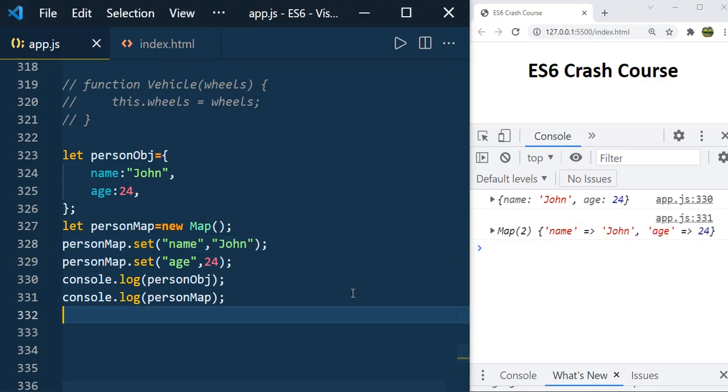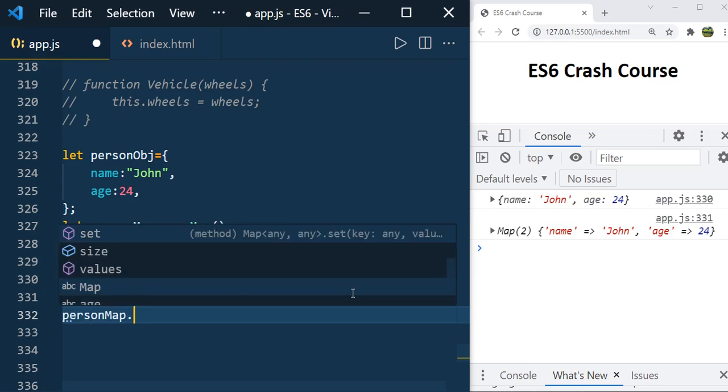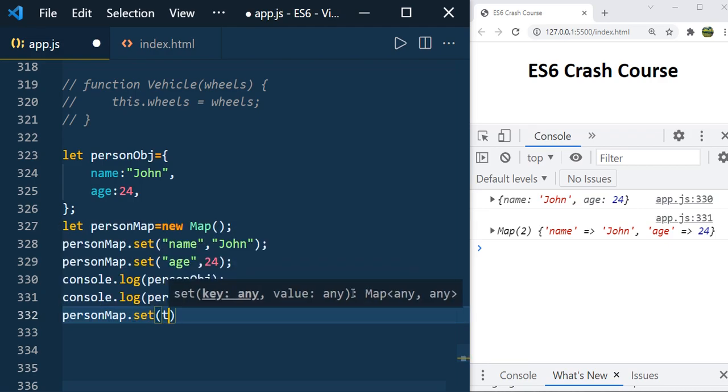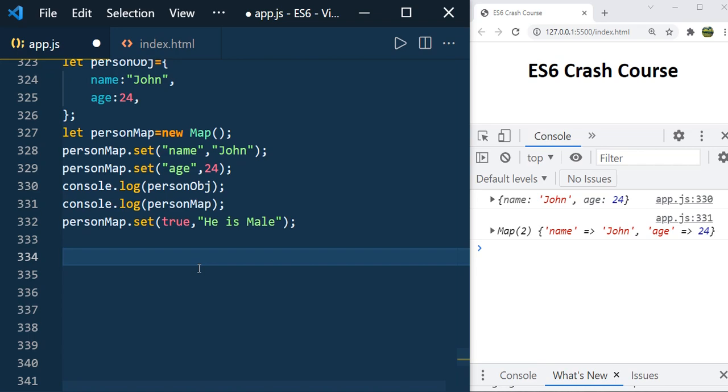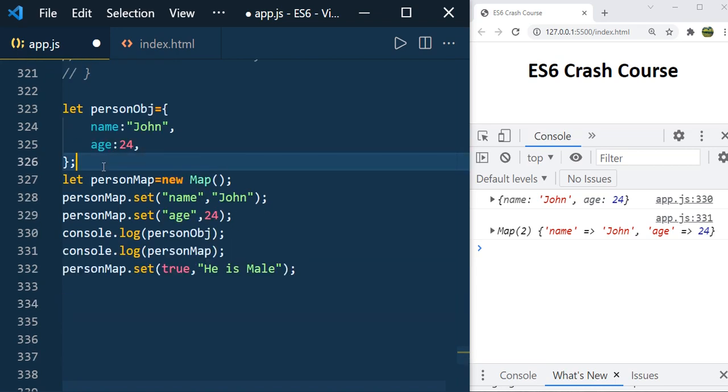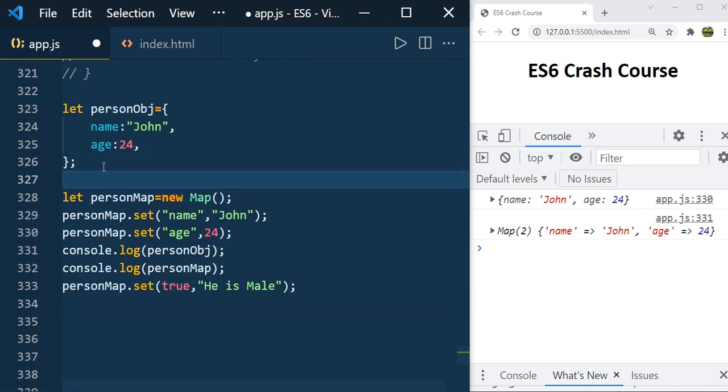And another important thing, in map you can have a key of any type, unlike in object. So here I can have personMap.set, I can have the boolean type as key and I can have the value he is male. Not just the primitive types, you can have the reference types also. Like we can just say let obj equal to text, and you can use this object as a key.